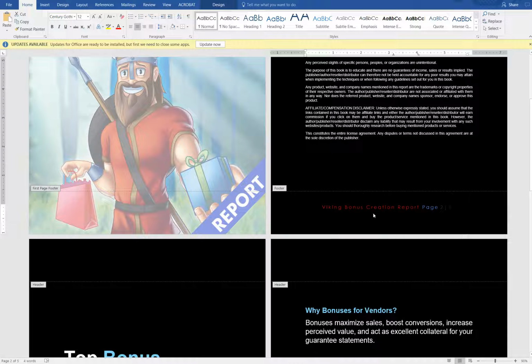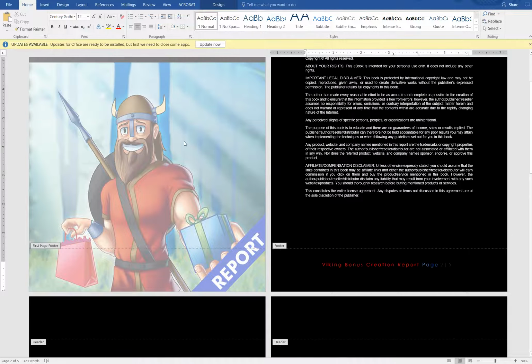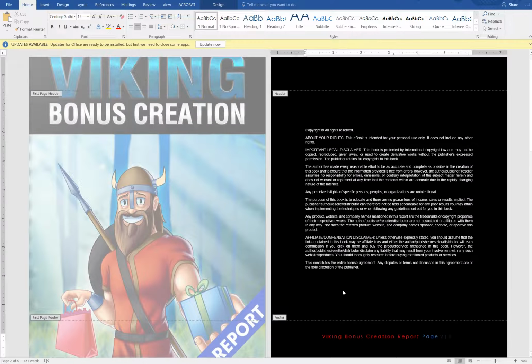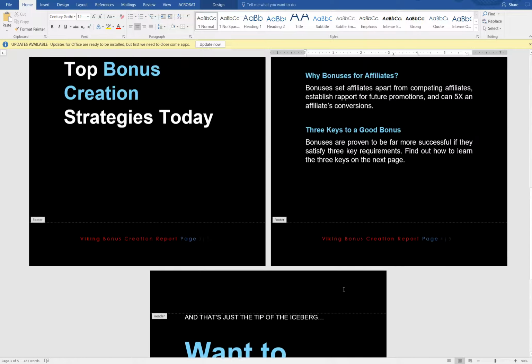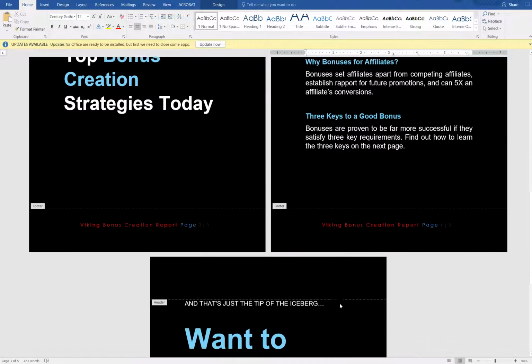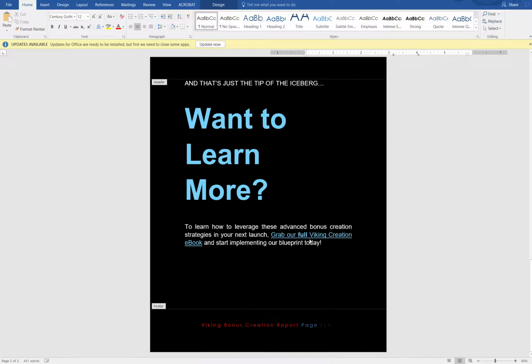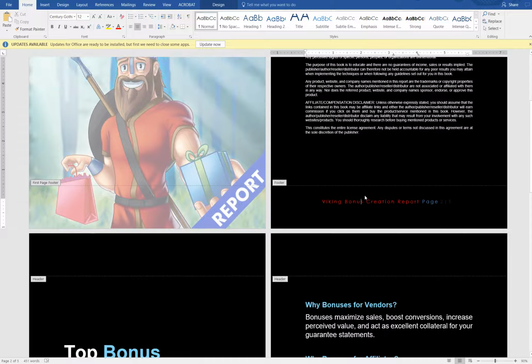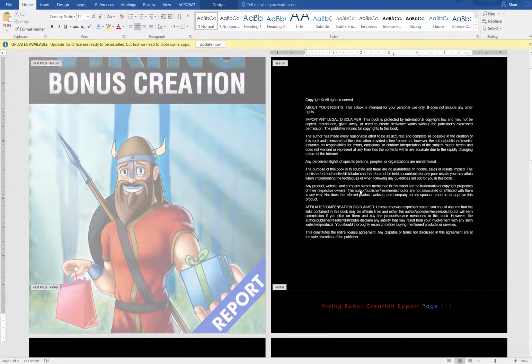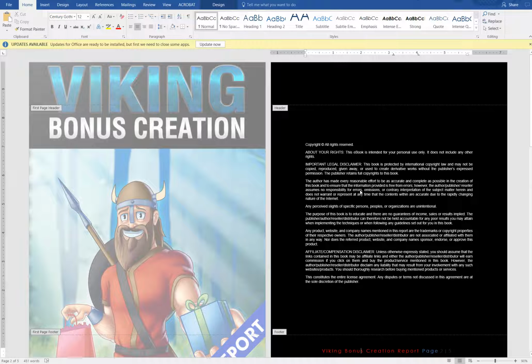And you're going to want to come in here, obviously remove the Viking branding from this, replace this image, and look for any other references. There shouldn't be any other references to Viking branding with the exception of down here inside of the reports where it actually recommends that your customers or your leads grab the ebook inside of each of the reports. But you can always just do Control F and look for the word Viking, see if there's any other Viking branding that we missed. We made sure not to include any in the actual body of the document. In the case of